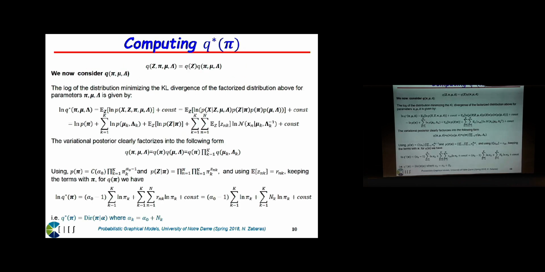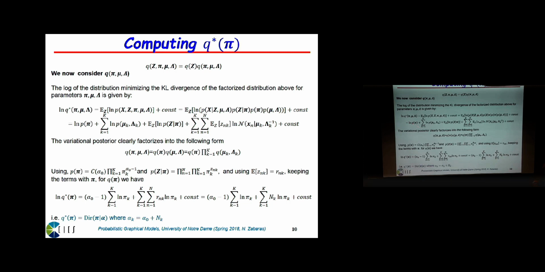Okay. So we want to calculate Q of pi, mu, and lambda. The log of Q of pi, mu, and lambda will be the expectation with respect to z of the joint log likelihood. The only terms we're going to keep are anything that depends on pi, mu, and lambda, and in those terms, anything that contains z we will take expectations. So basically what you get is,